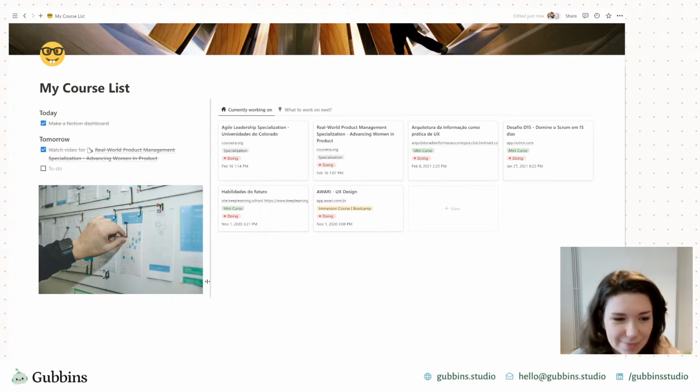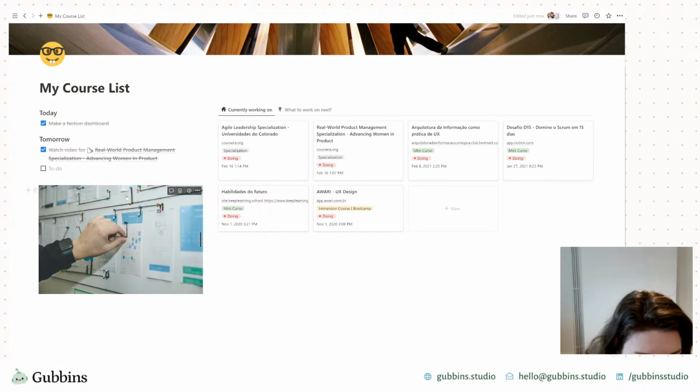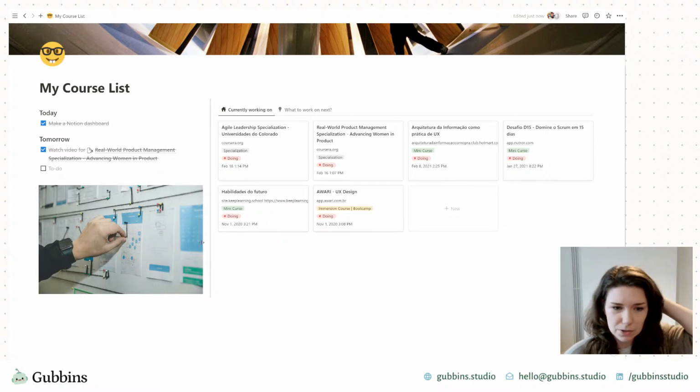What are those? Are those pins? Are they magnets? Pins. Okay. So if you wanted this to feel like a space for studying UX topics particularly, it's quite fun to include imagery of other people doing UX.